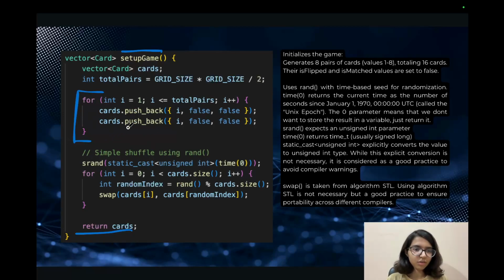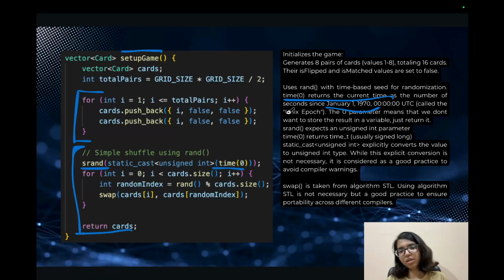This vector is not shuffled, so we will shuffle it using this. As srand, I have used time to give a seed to the rand function, and time(0) returns the current time as a number of seconds since January 1, 1970, called the Unix epoch.